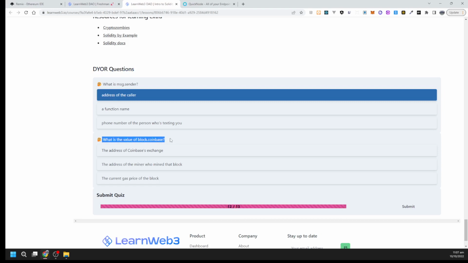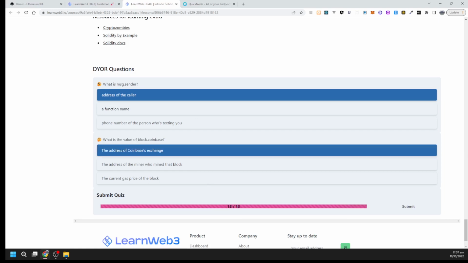What is the value of coinbase? The address of the Coinbase exchange. The address of miners who mine that block. The current gas block. So let's see. I think that